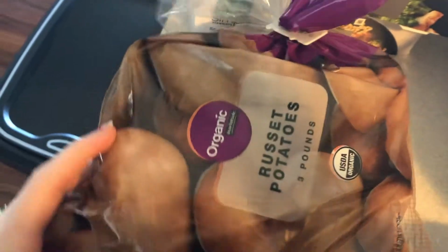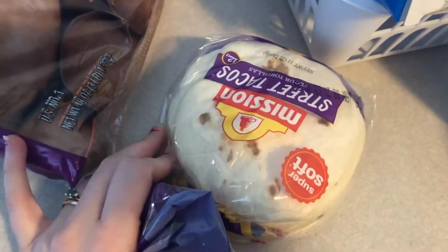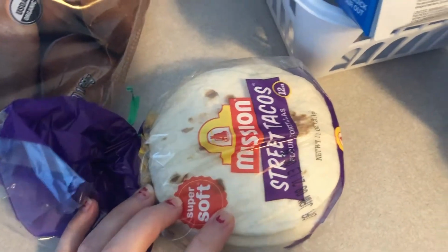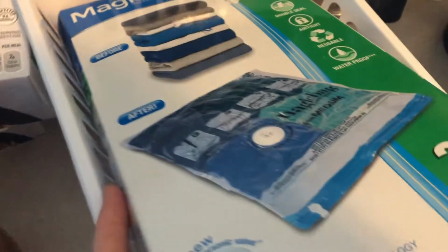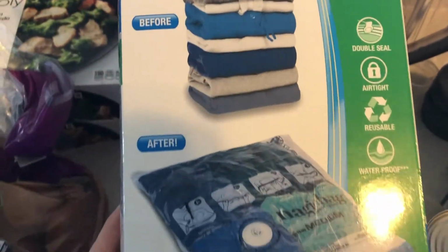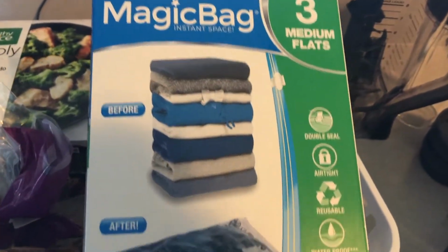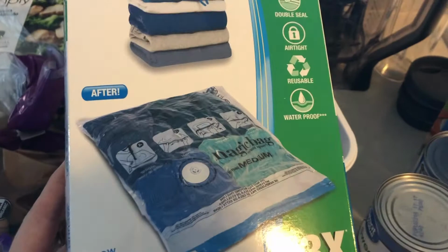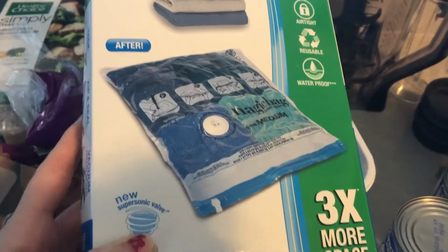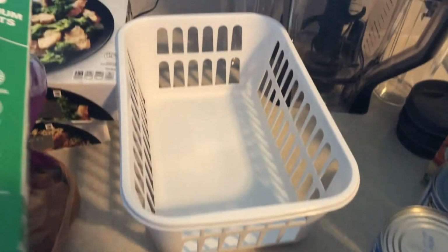some russet potatoes for some baked potatoes. I always like to have potatoes on hand. Some soft shell tacos, some vacuum seal bags. I'm gonna try these for some of Juniper's old clothes to see if this seals them tighter and compacts them more so they don't take up as much space in her closet. A just white plastic bin,